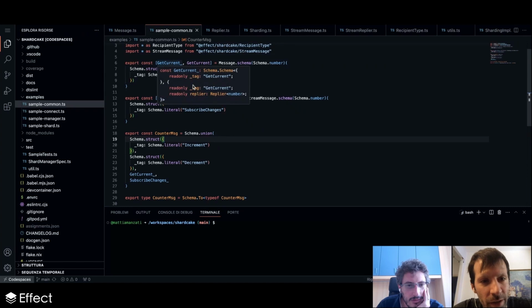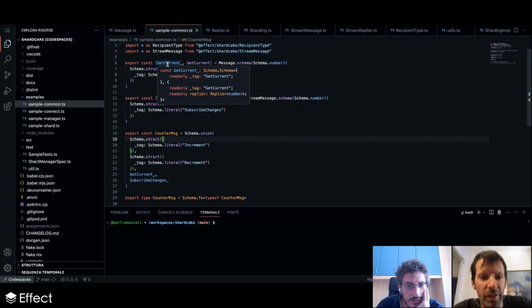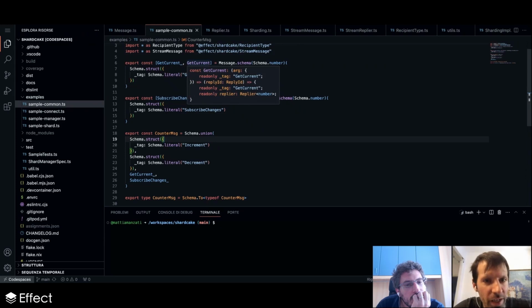One is the schema that gets injected a replier, so basically where the reply will be stored, and where the function call for posting the reply back to the sender. And the second is just a utility. It's basically a constructor function that, given all the data required by the message except the replier, and given the reply ID that needs to be constructed inside by sharding,